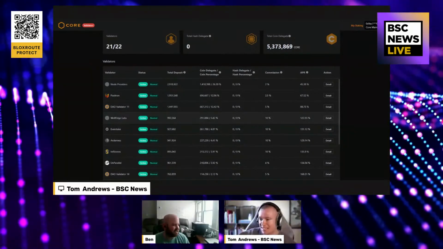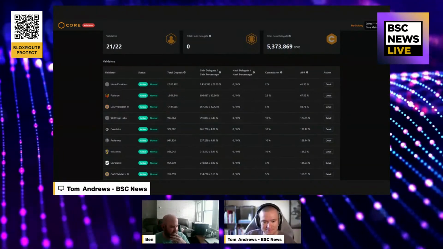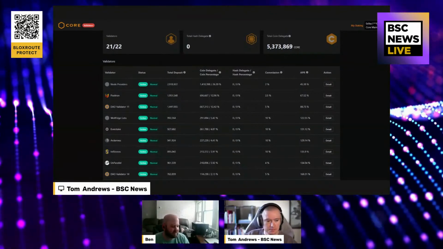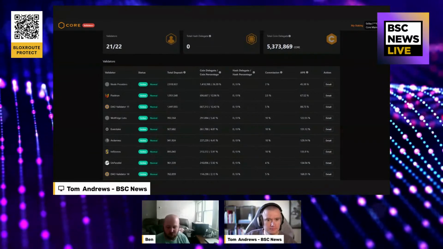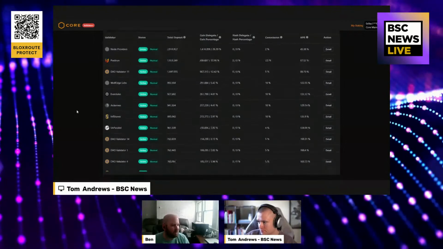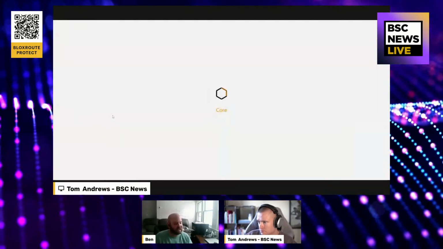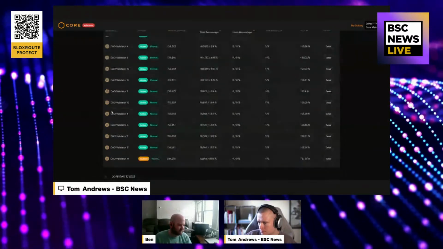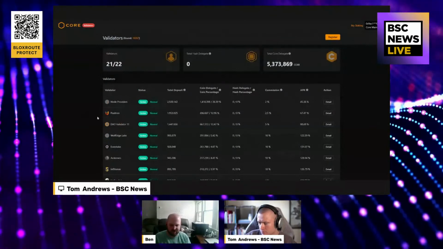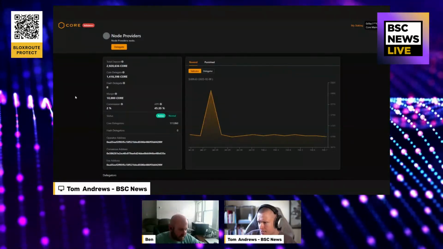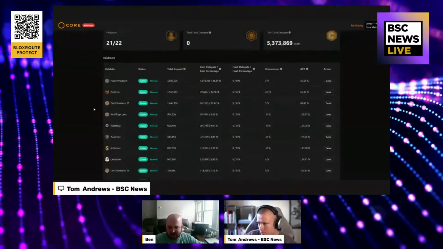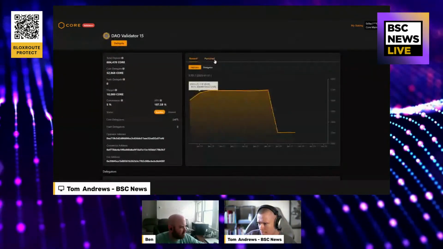I see. Yeah, so if you delegate, let's just use node providers as an example. And again, that's just throwing stuff out here. That could be the core team. Yeah. Right. There's obviously, I would guess, because of the disparity here of like 3 million and the next one's 2 million, some large holders in node providers delegating. Yeah. I would guess. Like that big spike is probably when it went to node providers. Yeah. So,